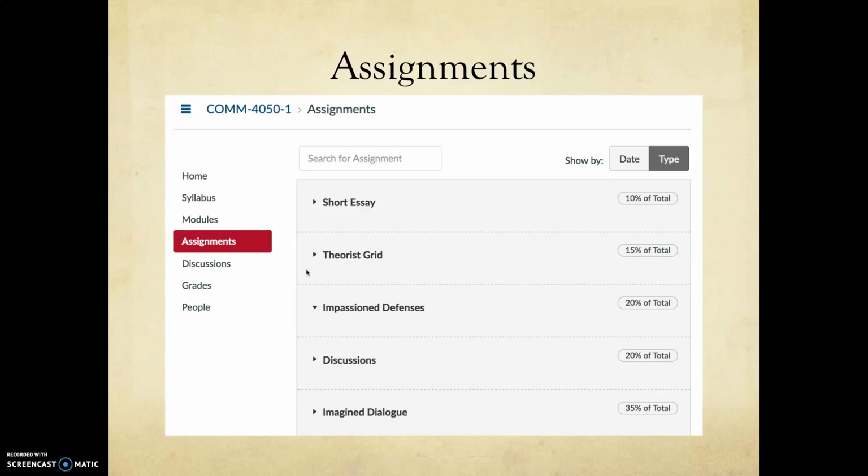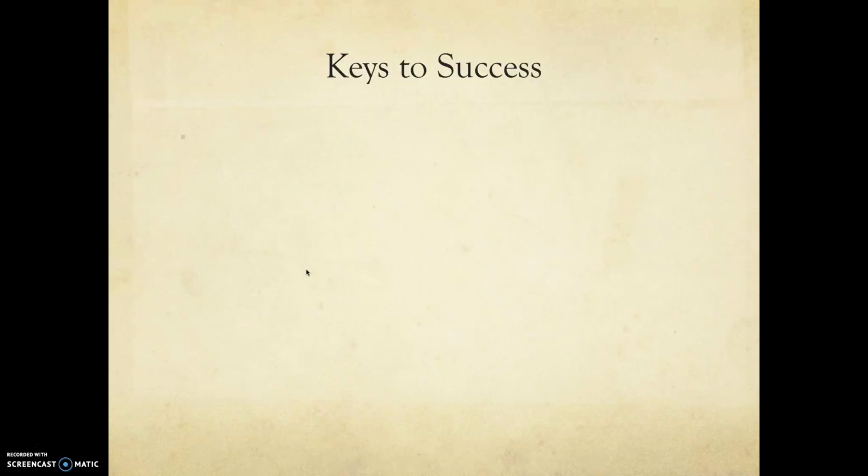In addition to discussions, there are 4 major assignment groups for this course. You can learn more about the assignments in the Assignments tab in your Canvas course container. To be successful in this course, you really should know that I have high expectations. This is a graduate level class, and I'm pretty unapologetic about my high standards with regard to writing, critical thinking, and class participation.